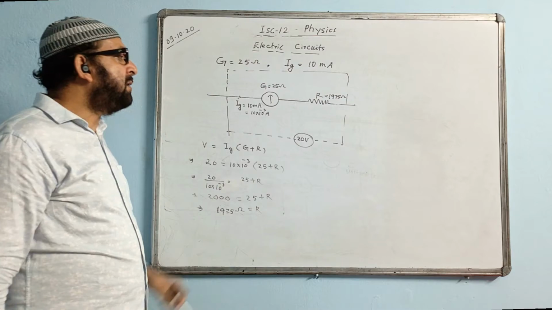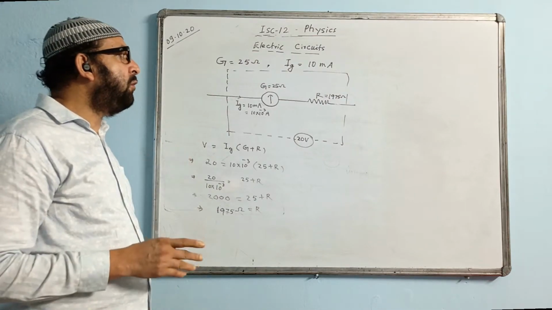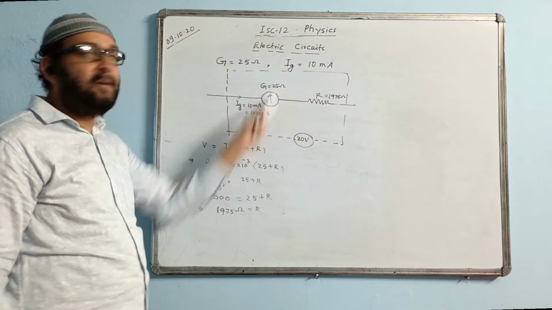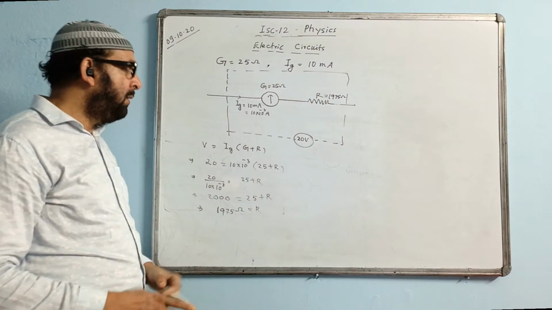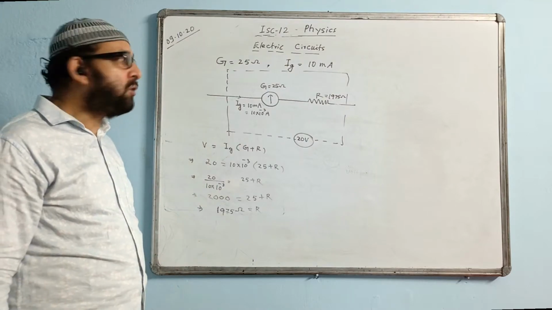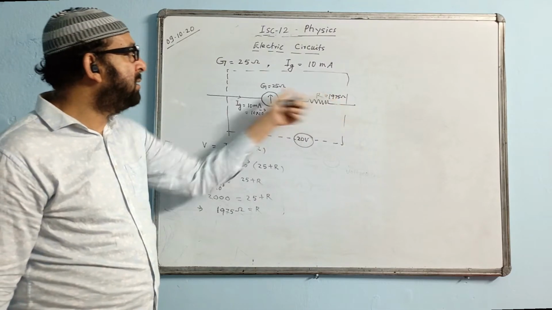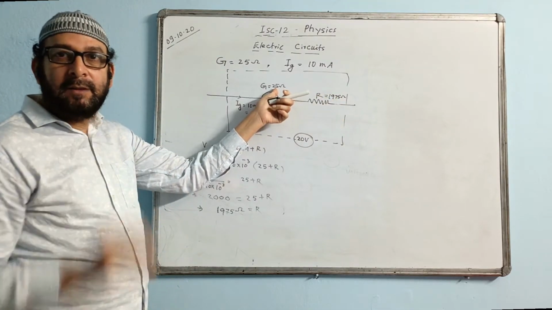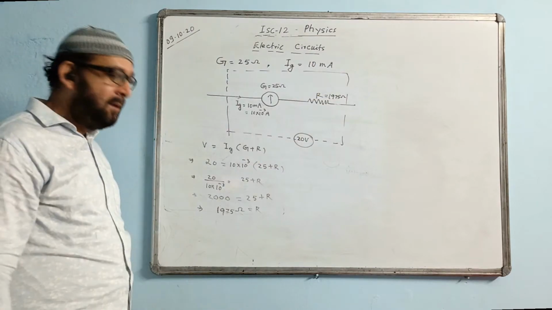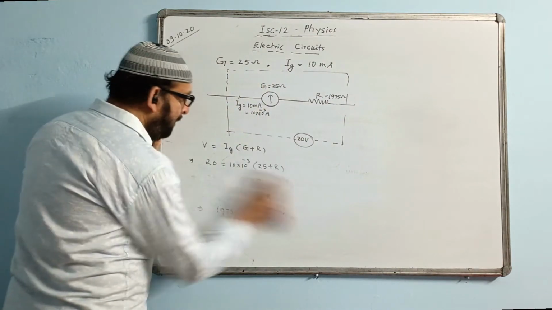Okay. What is the total resistance of the voltmeter? Total resistance of the voltmeter is this one plus this, add 1975 plus 25. What is the answer coming? 2000 ohm. So that is the total resistance of the voltmeter, a value which is very high. But the approximate value will be this value only, because 1975 in comparison to this 25 is very small, and it's almost nothing. So the approximate value will be equal to this value, whatever extra thing you are adding. So this is the solution for this question.